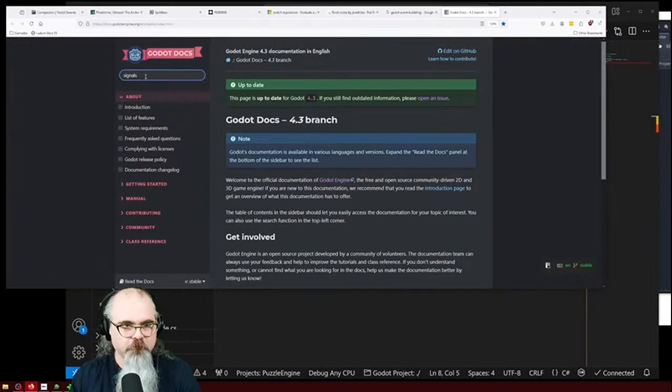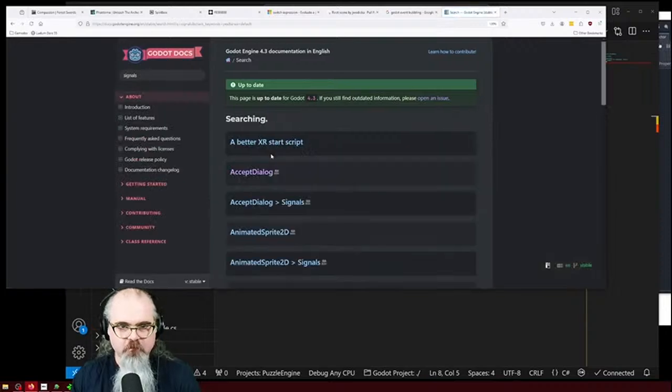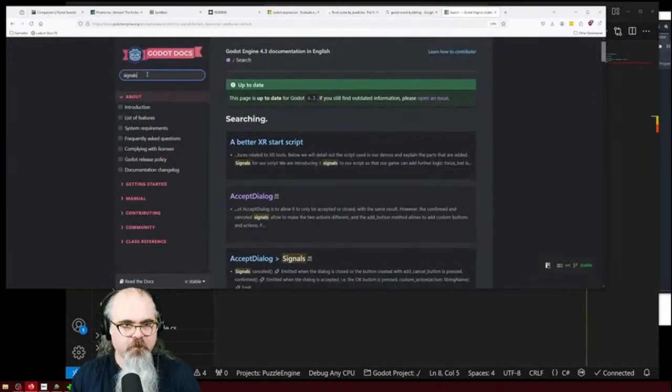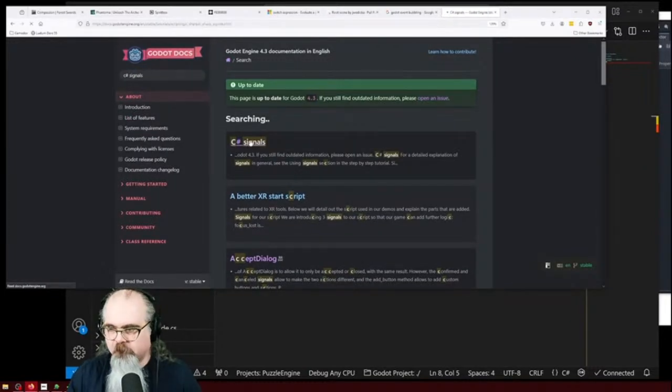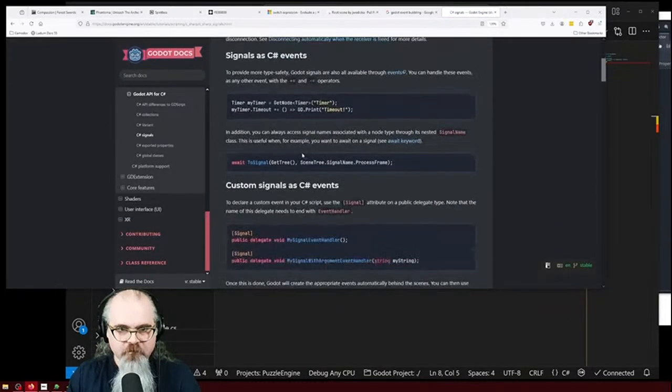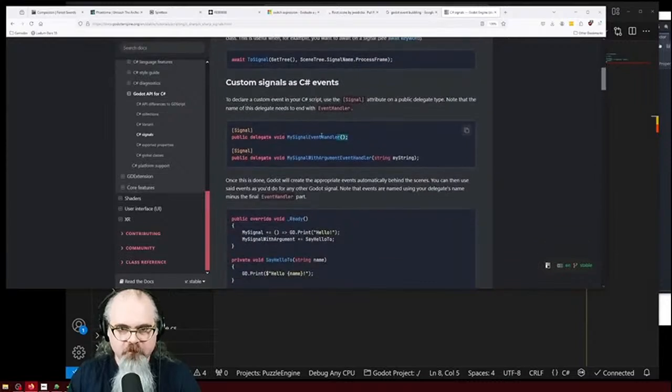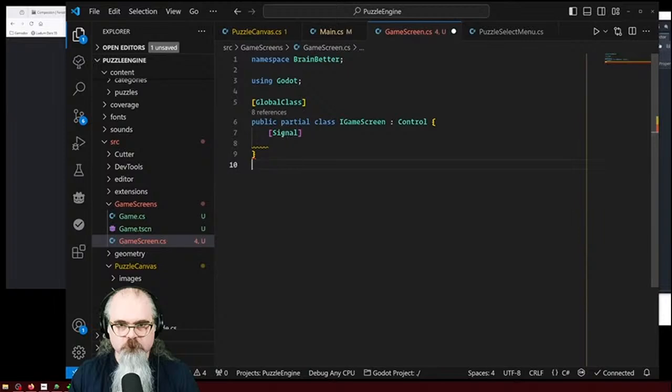Talking about signals in C#, there should be, yeah, there we are, the C# signals docs. Okay, so here we go. We want to set up one of these here. So public delegate void